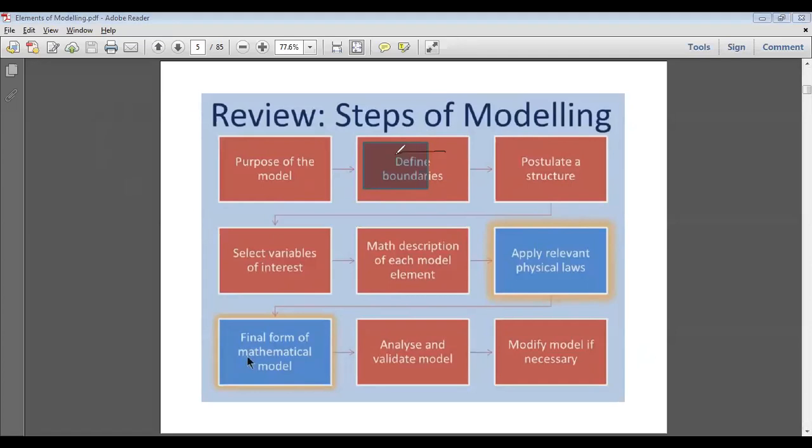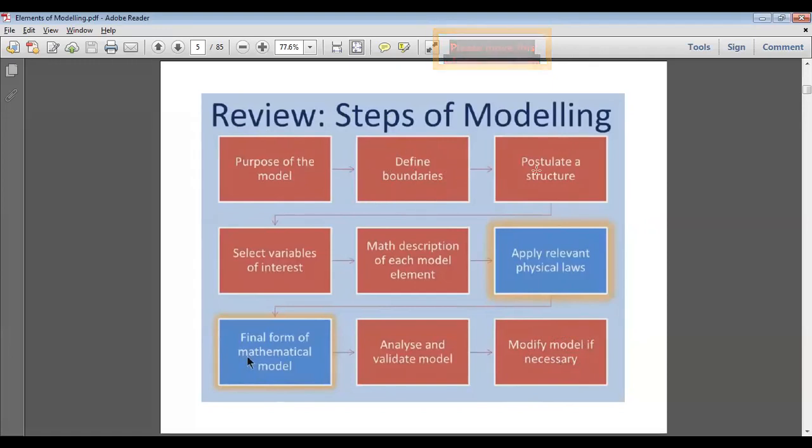Here we said something like define boundaries. Here we define the boundaries. This is the place where we are making some approximation. Or even at this stage, if you are not happy with the kind of model, you can start initiating new approximations, and again you start here and you go here. The summary is, whenever you want to go for mathematical modeling of systems, what is the first step, ma? What is the purpose? Here, what I'm interested in knowing for gears is how much angular rotation will be there in the load. What is the boundary I want to see in terms of torques?